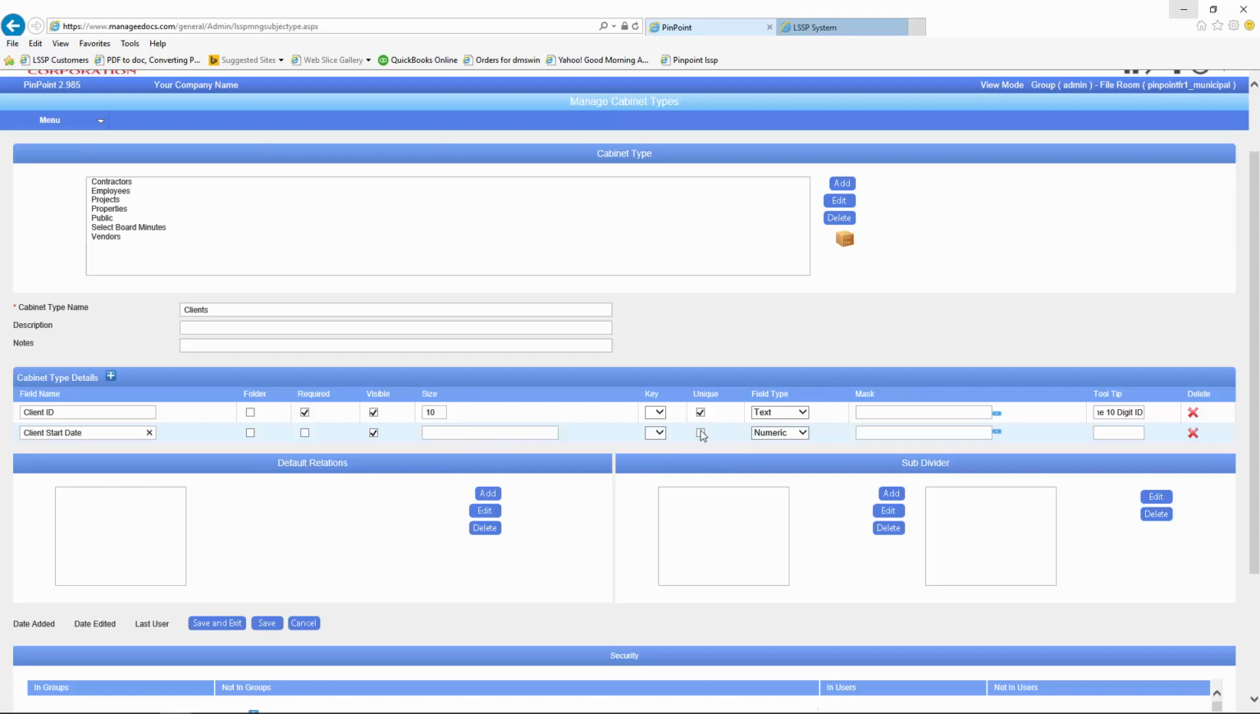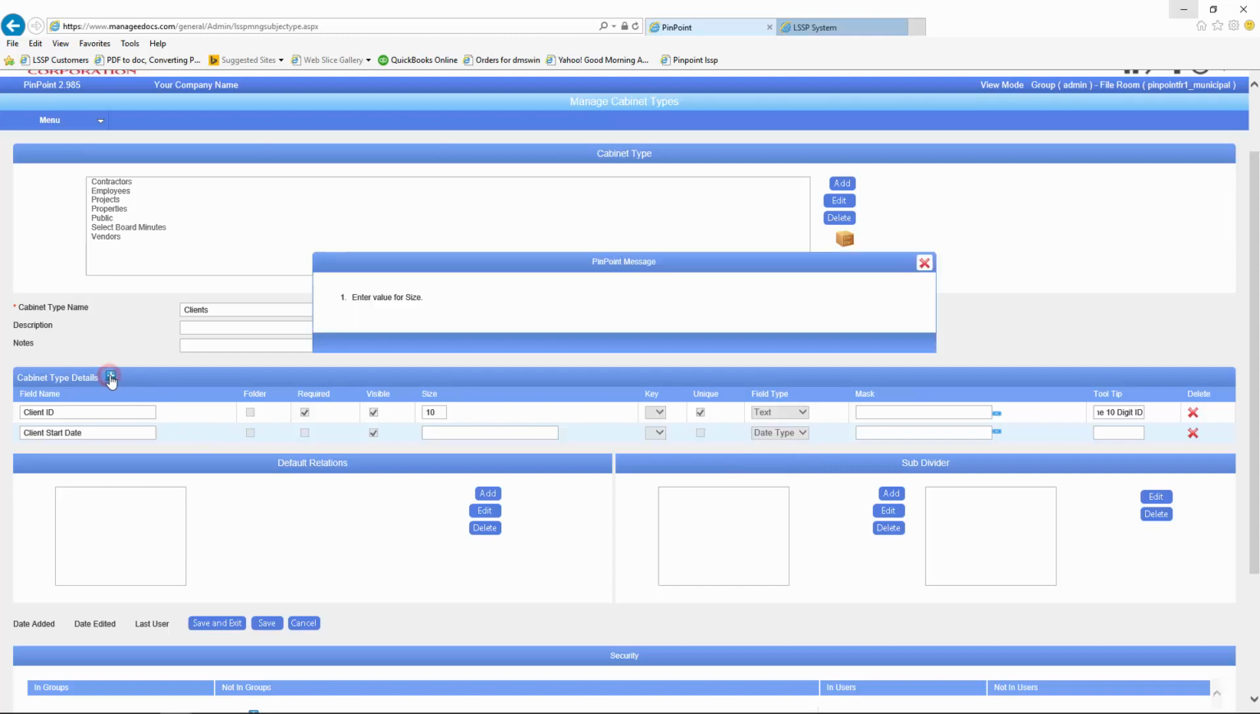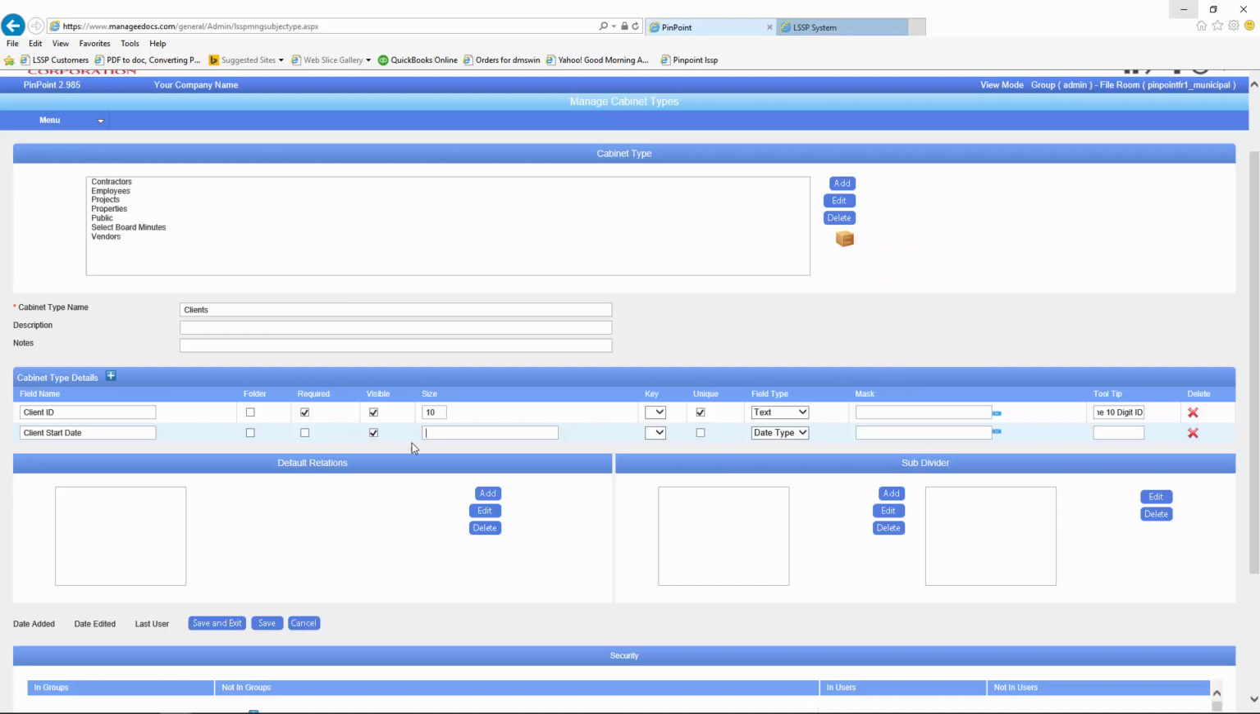Obviously, I don't want to make that unique, or I could only have one client start on any certain date. Also, in this case, I'm going to make it a date type. Now, if I go on to another field here, I have to enter the size first. So I'm also going to have to put in the mask, but I'm going to do this. I'm going to give about 15 characters of space because I'm not sure of the format I want to actually